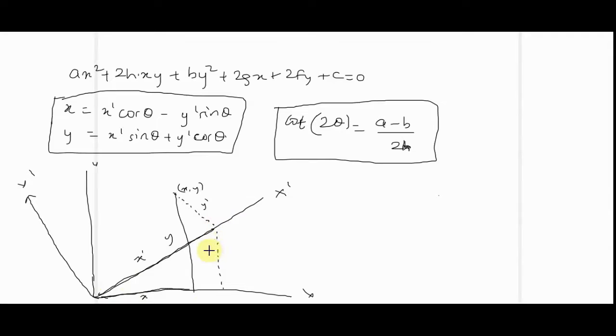Okay, so this length we can find out from the triangle OAB. Let me name them. From OAB we know theta, and this thing AB is x prime sin theta. And now let's complete it till the length of y. Let's call this point C. Okay.